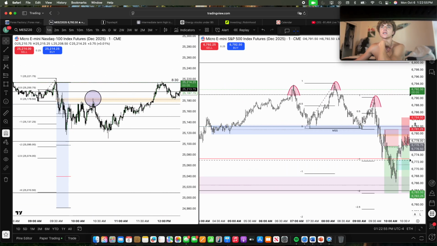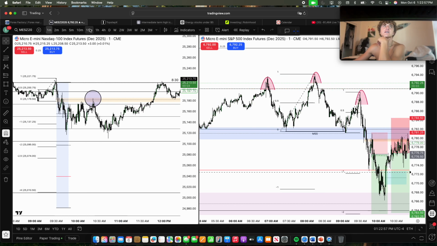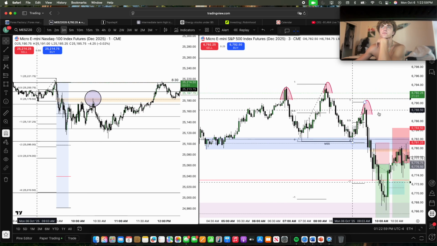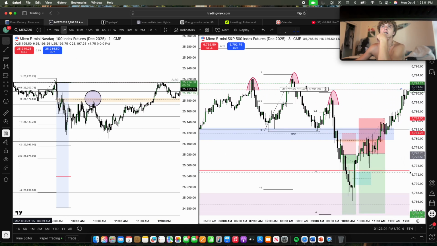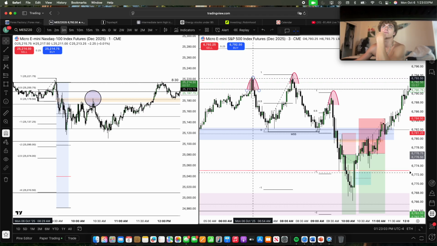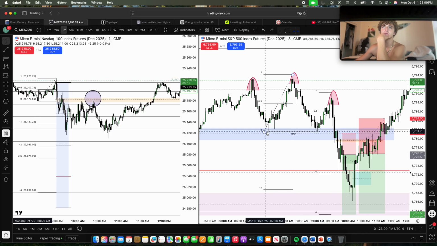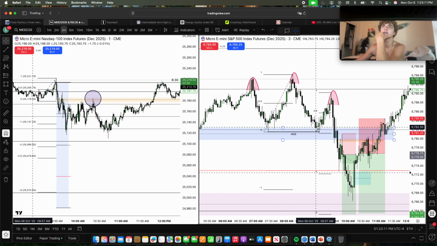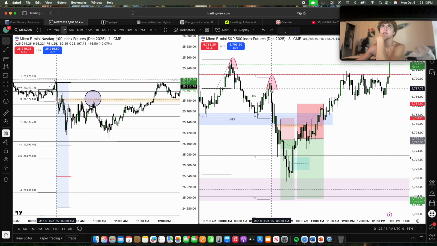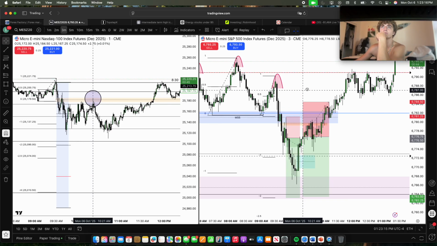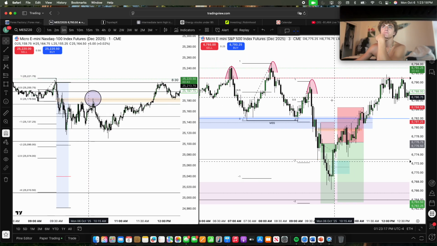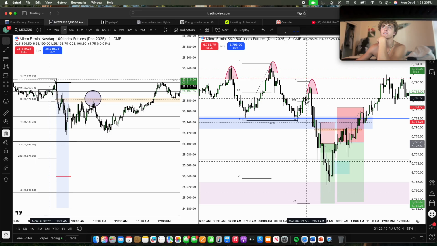So now we come into New York session, and I see on the 3-minute time frame, I'm just kind of going through it, we have a short-term high up here, long-term high. As soon as we break this high, what do we get? A market structure shift. We put in a lower low right here, put another short-term high, and then we broke lower off open. Breaking lower off open, put in this 3-minute fair value gap.